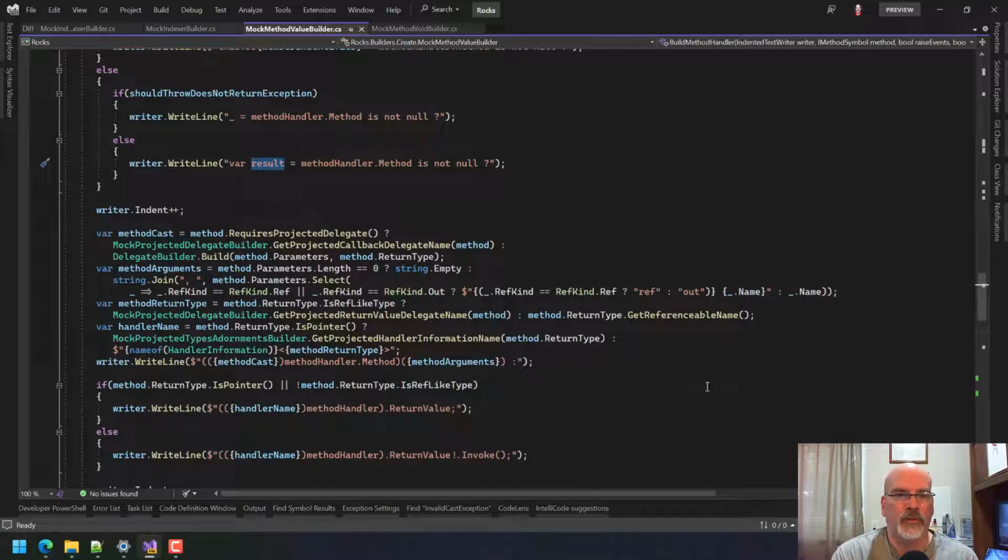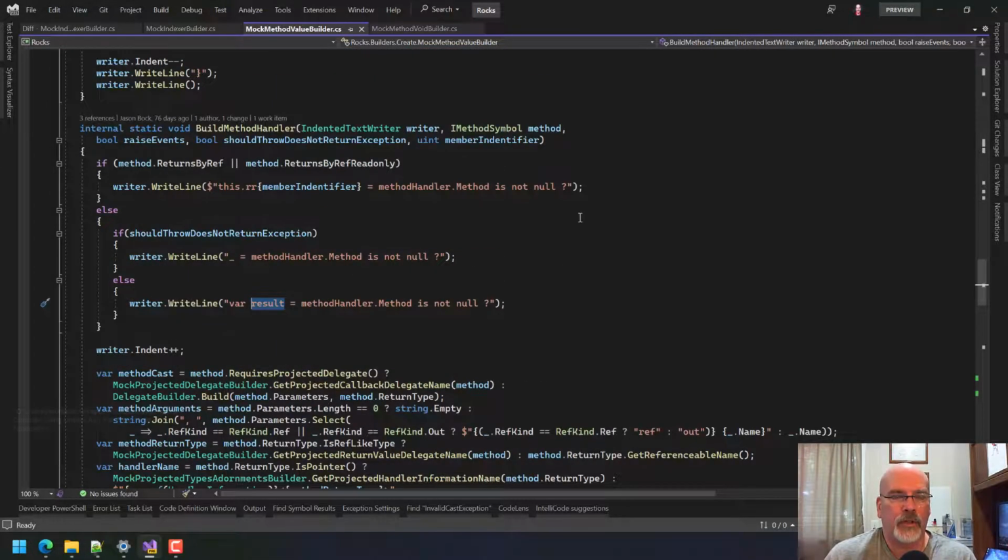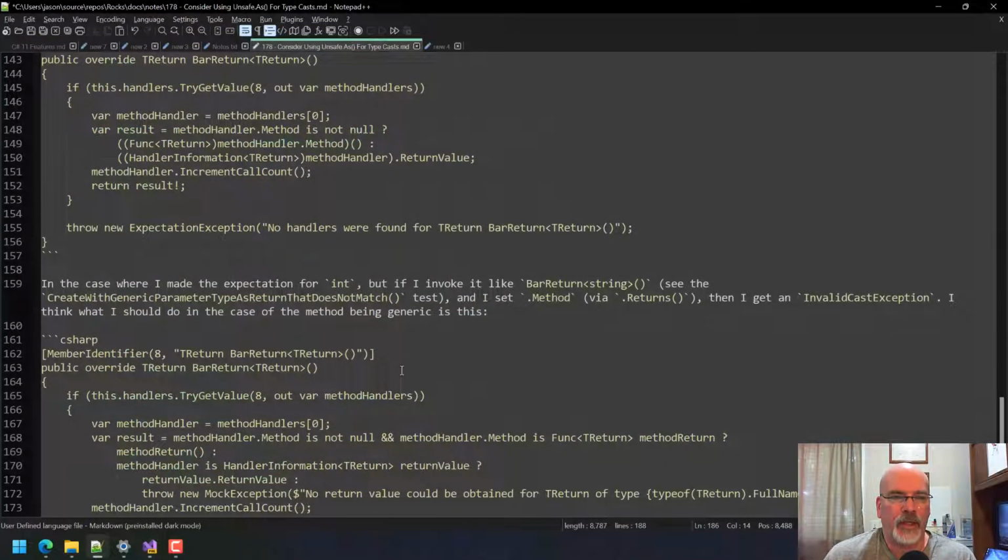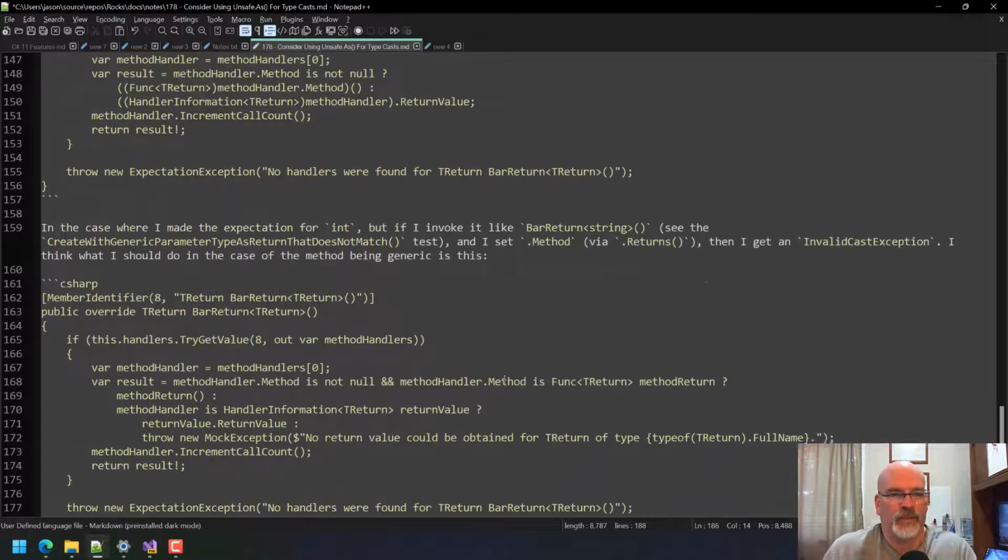Okay, if that makes sense, from either method or return value and return value invoke. So yeah, in all three of these cases, we would want to say method is not null. Oh yeah, this gets more complicated than what I'm arguably prepared to think about.